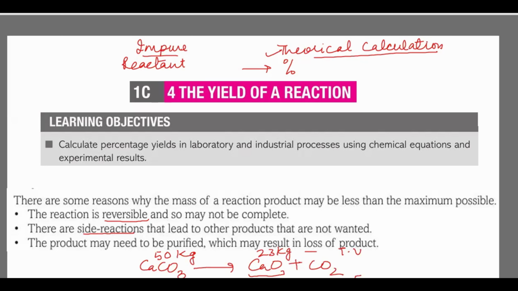But experimentally, when I perform the experiment in the industry, I take 50 kg of calcium carbonate and I just get 20 kg out of it. I get 3 kg less. So having 3 kg less is a lesser amount which I'm getting as actual production. So that is not giving me 100% yield. The production is giving me less, but the theoretical value is 23 kg. So how do I get to know how much percent yield I have?